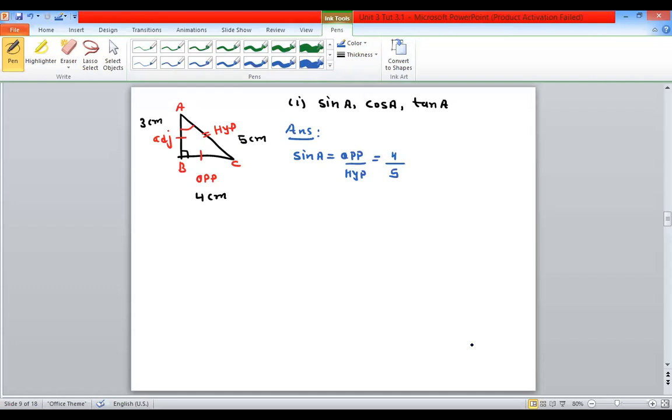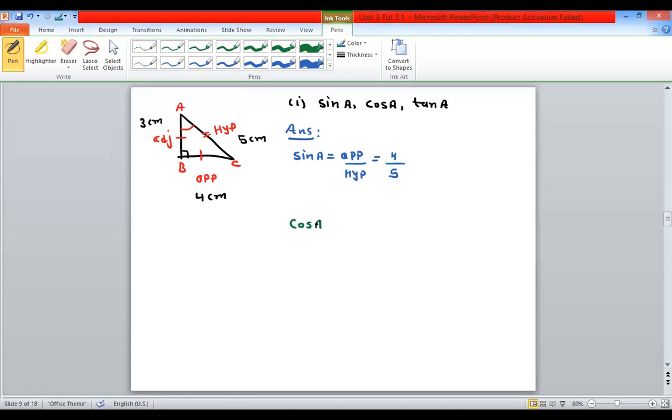Many students tell me, ma'am, suppose x and then cut. You don't need to do that. You just directly put the value, because the ratio always gives a constant number. તો ક્યારે તમારે x સપોઝ કરી અથવા k સપોઝ કરીને મેળવવાની જરૂર નથી, તમે ડાયરેક્ટ વેલ્યુ લખી શકો. ઓકે, so this is your sin A.